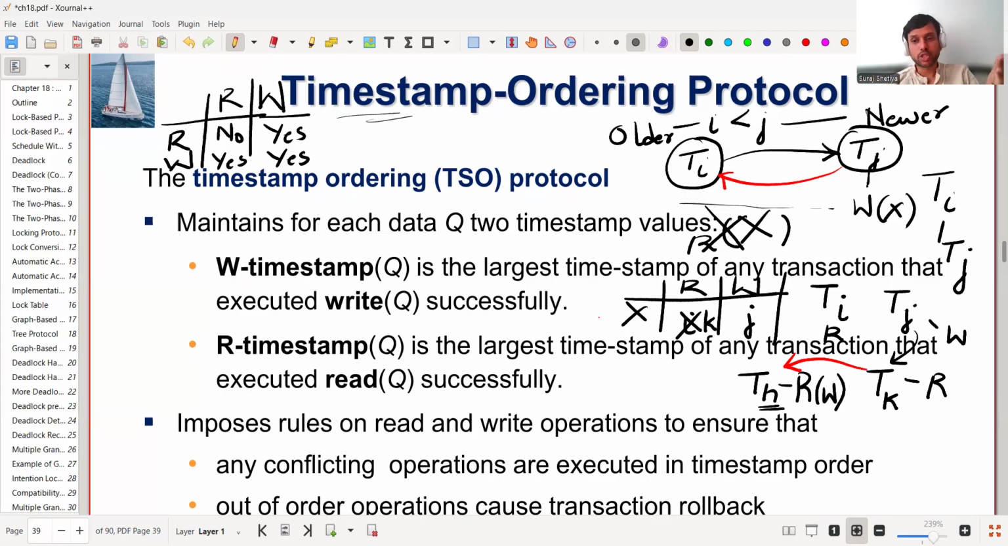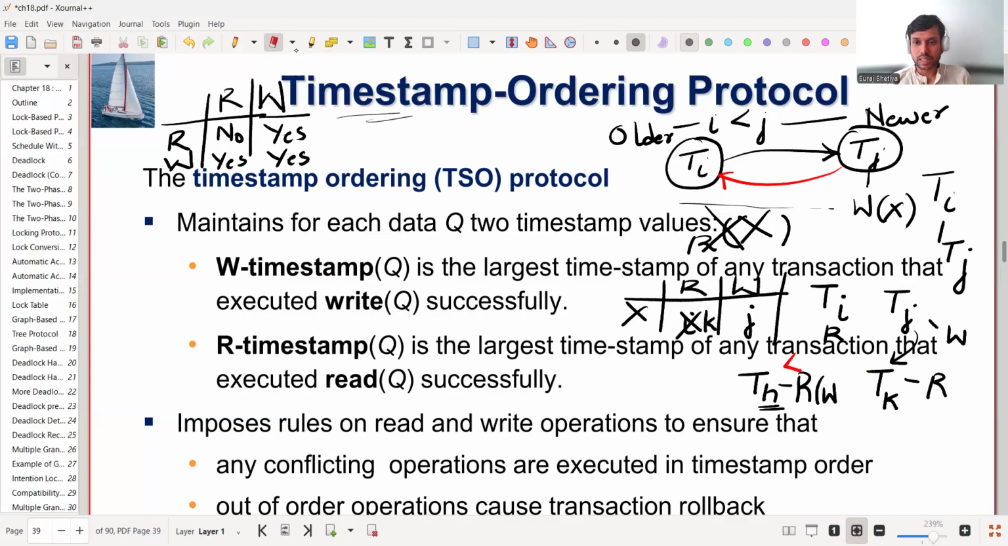Sorry, reads don't have conflict. Sorry, I did write something wrong here. Just give me one minute. Let me update this. In fact, the conflict is not with the read. Even if a transaction has read something, there's no conflict there. The conflict will be very specifically with respect to, in fact,